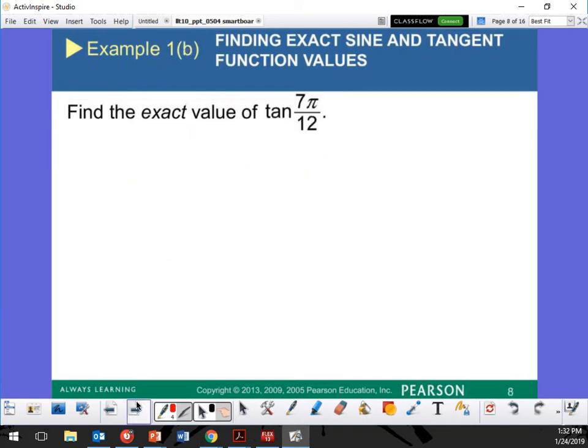Tangent of 7 pi over 12. So, what's the first thing you should do? Not yet. Wait till I'm done with this. Convert it to